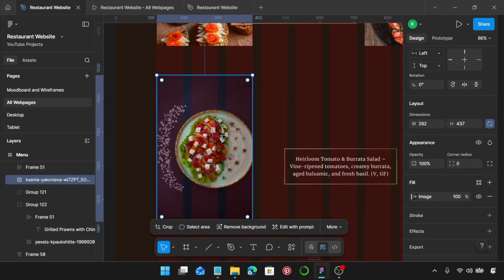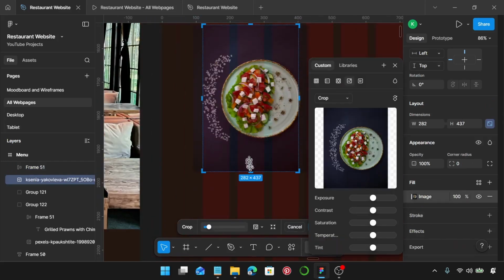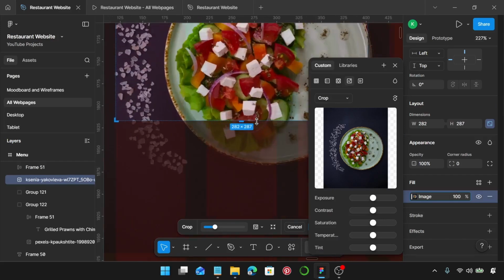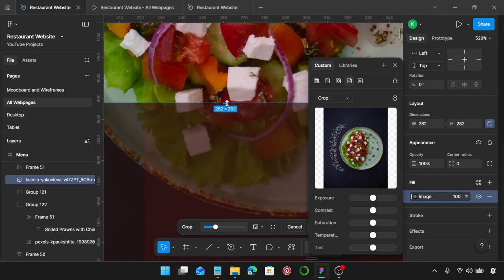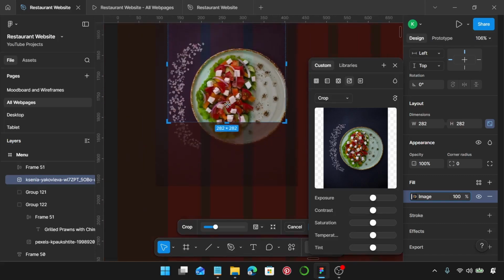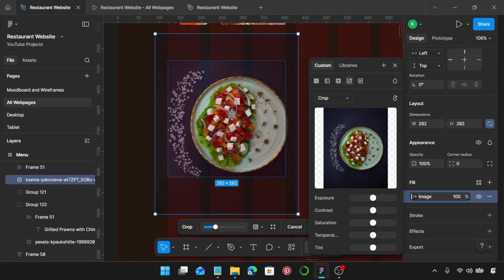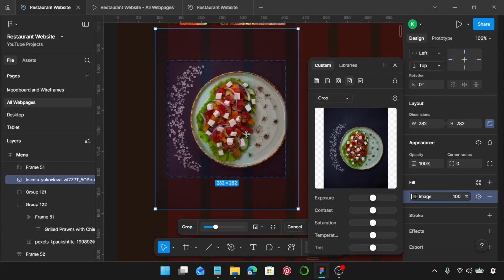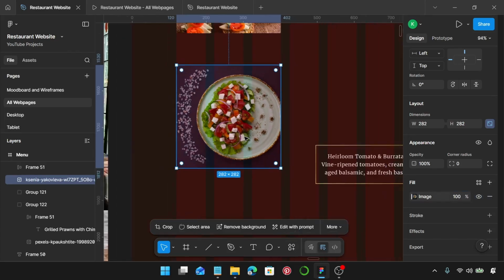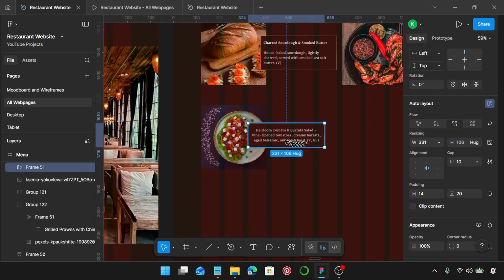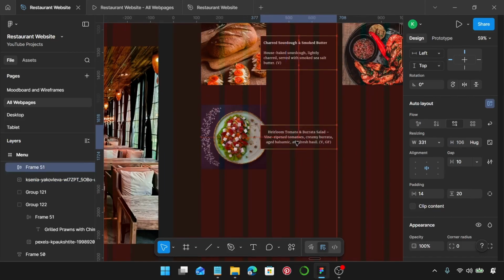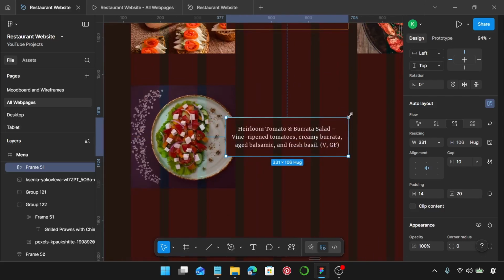I'm going to select this, reduce the height so that it's 282, and I'm going to just move the image so that the focus can be on the dish like this, and that looks good. Then the edge of the text should be on the edge of the 6th